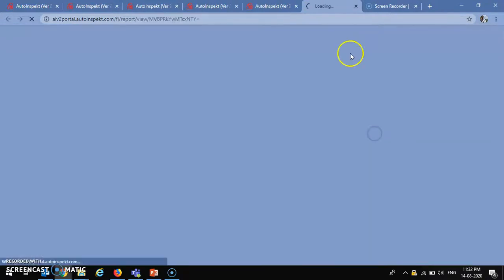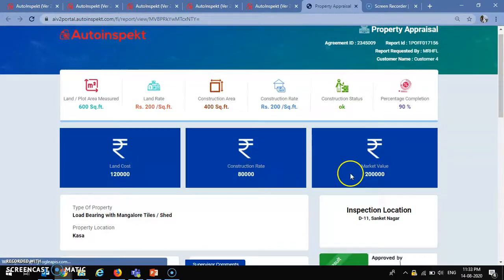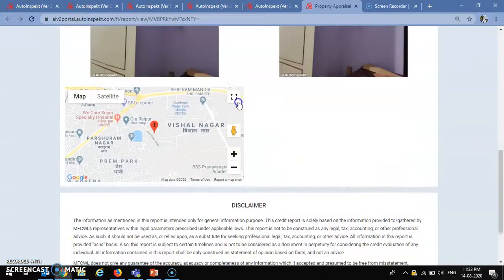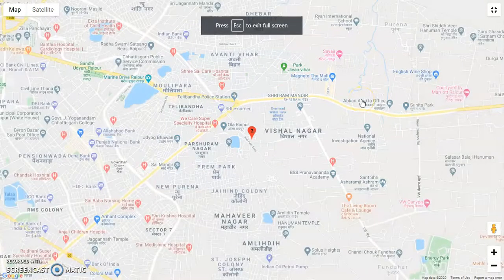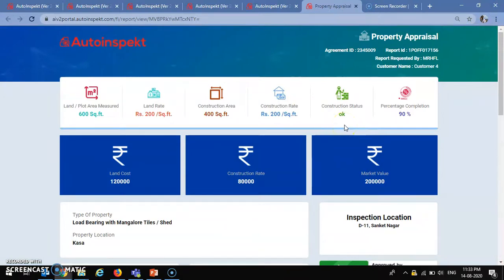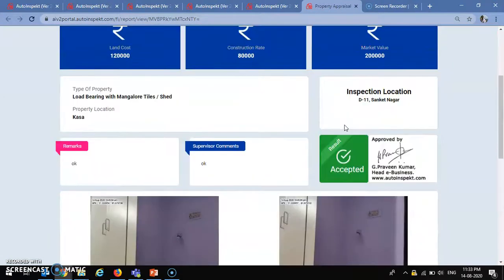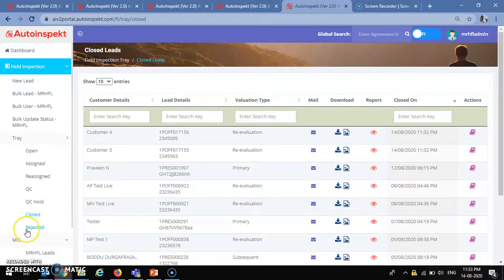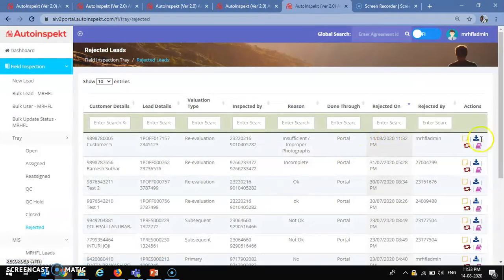You can also view the reports here in your web browser, where you can see the location where the mobile user captured the details for this lead. You can see the location on the map as well, right? And you can see all the details associated. This is a sample piece, that's why the signature here is incorrect, but all the portals have been mapped to correct signatures, and the appropriate signature for the user will be visible here. For rejected leads also you can download the report.